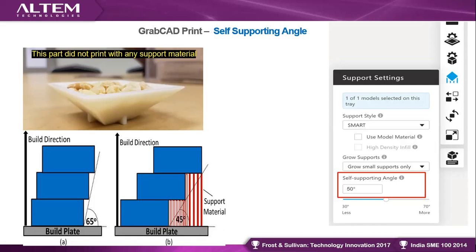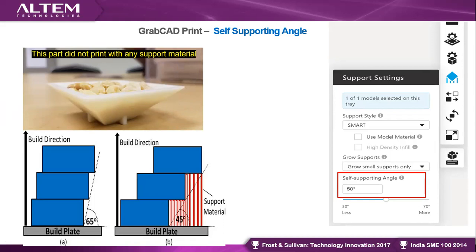Consider if this geometry was greater than 45 degrees, then it would bring support material all over the complete surrounding area. So just by changing the angle of the model, you are saving a lot of material. We are going to discuss more on this in the design for additive manufacturing session.